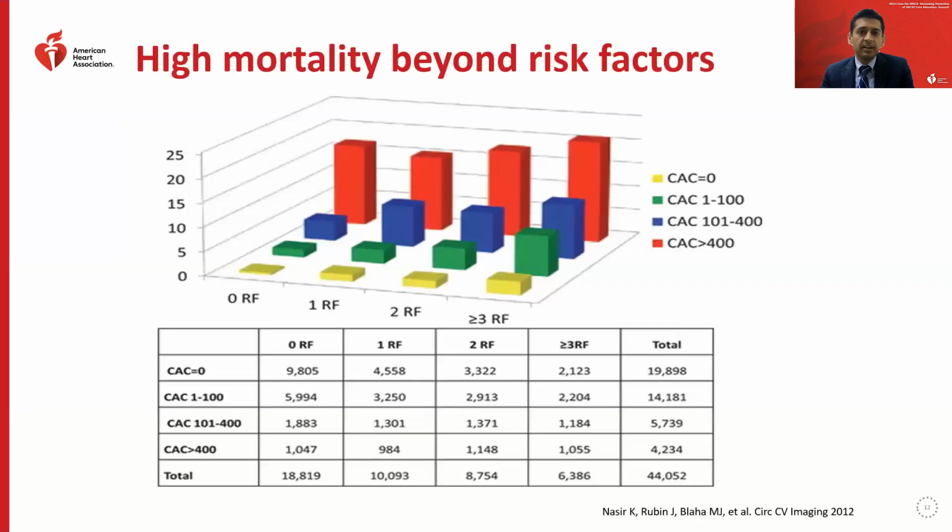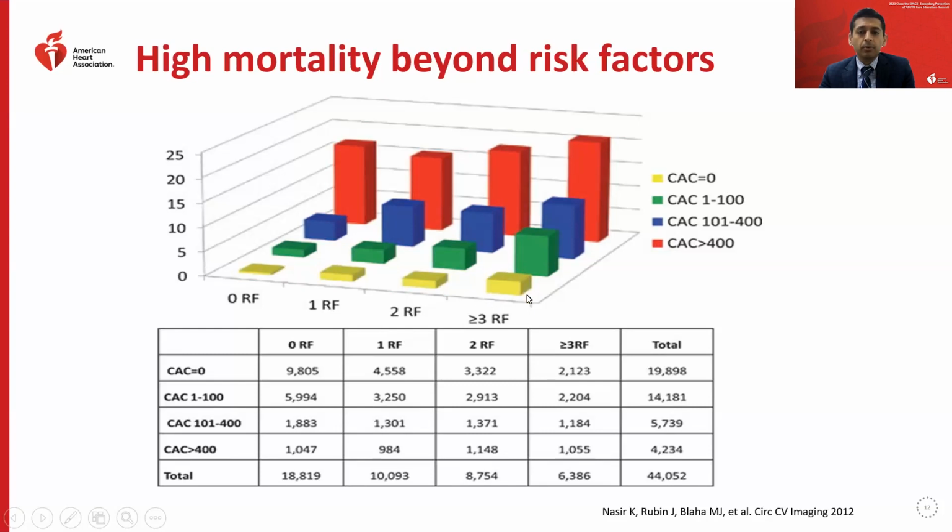This is, again, a very nice study comparing the interplay of traditional risk factors with coronary calcium alone. And when I say traditional risk factors, I think about things like hypertension, diabetes, hyperlipidemia, smoking. And the only point I want to really get across on this slide is if you have a patient with no coronary artery calcium, so calcium is 0, but greater than or equal to 3 traditional risk factors.